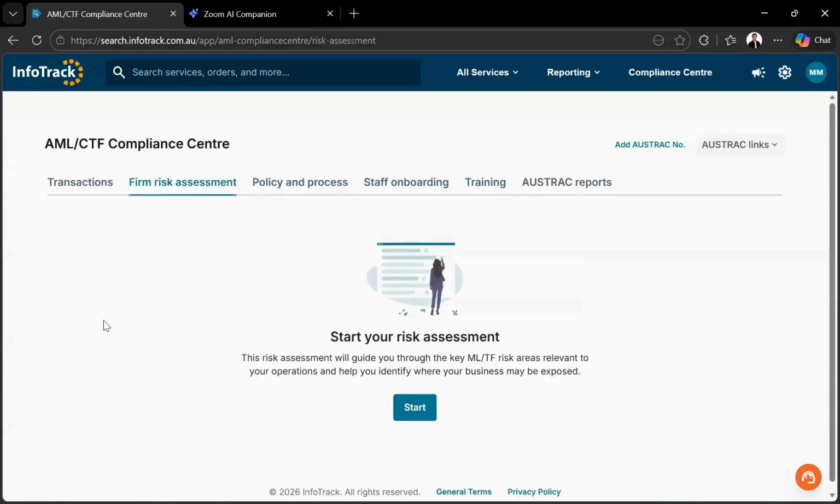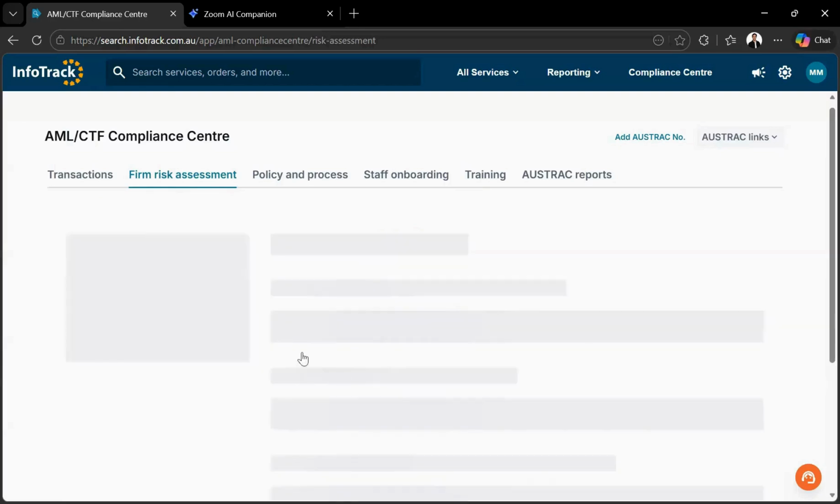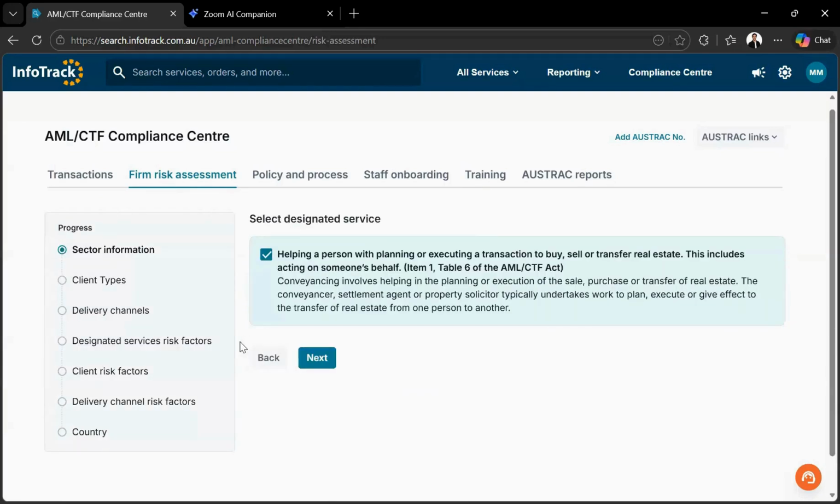So starting off with the firm risk assessment, this is sort of a big picture, zoomed out look at where your firm potentially could be exposed to any money laundering risk. So what we have here is a logic-based risk assessment builder. And what we've done is we have essentially digitized the AUSTRAC starter kits. So instead of you having to go through the starter kits, understanding all the inherent risks, putting them on a Word document and then an Excel spreadsheet, attaching risk scores to them, we've got that completely digitized in here, and